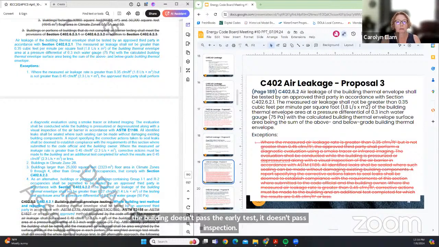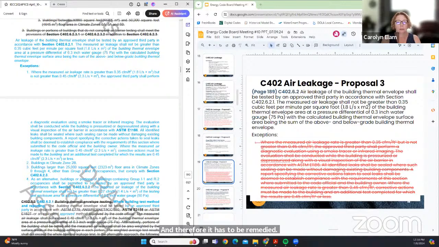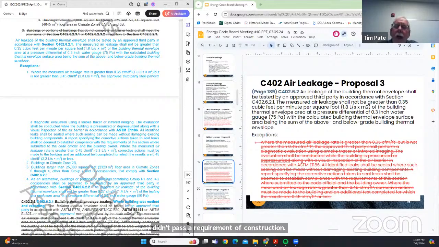There's always the question of what is the remedy? How far do you have to keep doing it over and over again until it passes? Or do you have to prove that you took reasonable measures to try and correct the leakage? But if you submit a report that shows it didn't pass a requirement of construction, it won't pass inspection.